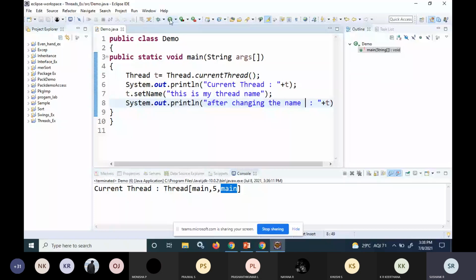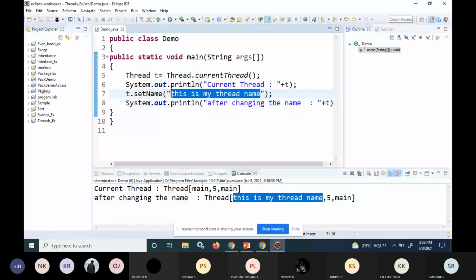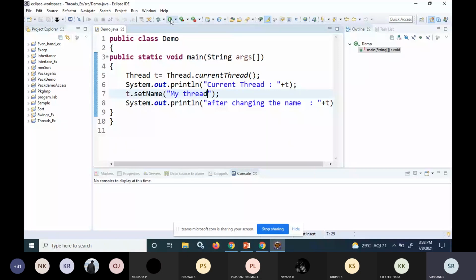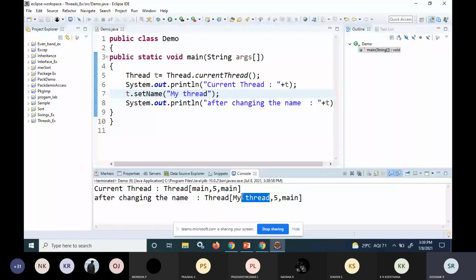So this is my thread name. Or if I give it as my thread, save and build, this is my output. This is the output which I will get. Here the default name has been changed to the name of the thread.